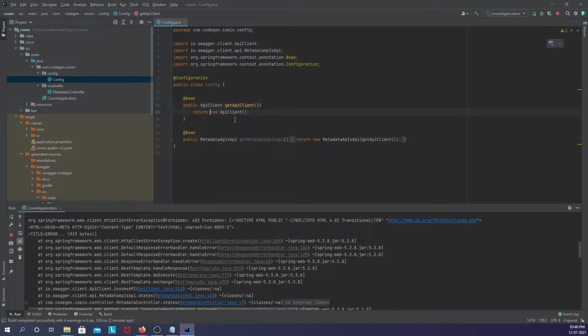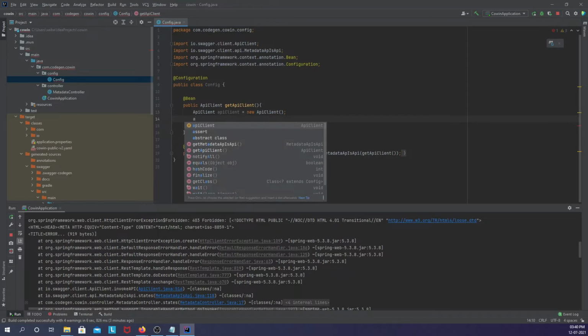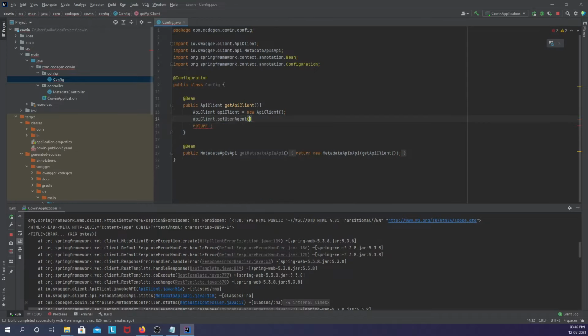Let me override this to some other value so that the server can accept the request. So let us keep it to Mozilla to mimic the browser. So let me restart this application.